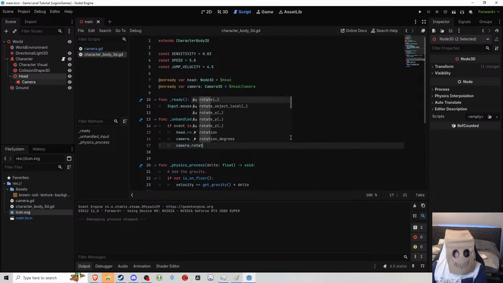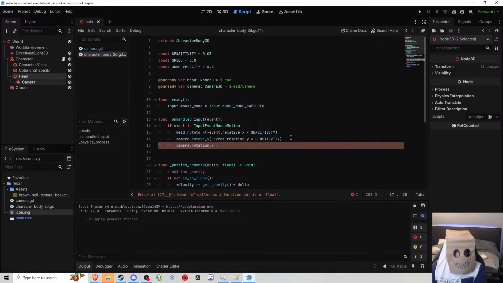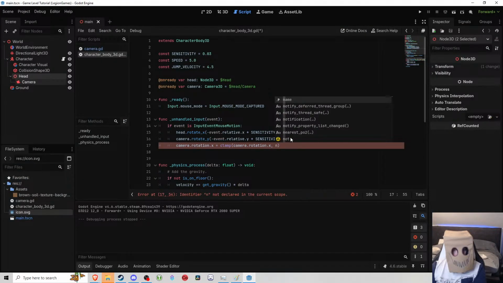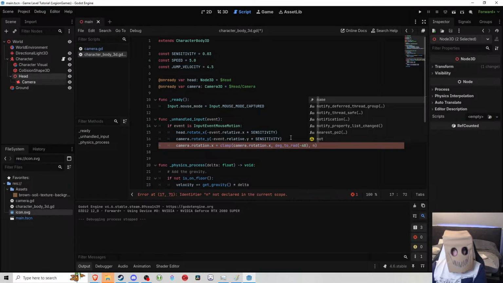Camera dot is equal to clamp. Oh, it's not rotate, my bad. Okay, then